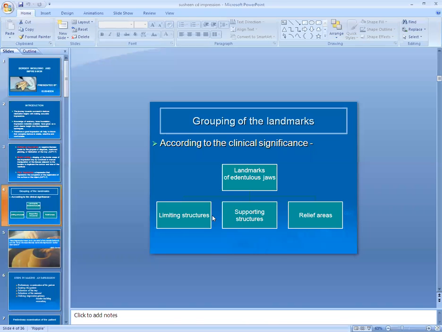Supporting areas are the hard palate, posterior slope of the hard palate, anterior hard palate, buccal shelf area, and mandibular ridge. And relief areas are the mental foramina, incisive papilla, midline raphe, and any eminence. We have to relieve these areas because we don't want pressure on those vital structures in our border molding and final impression.